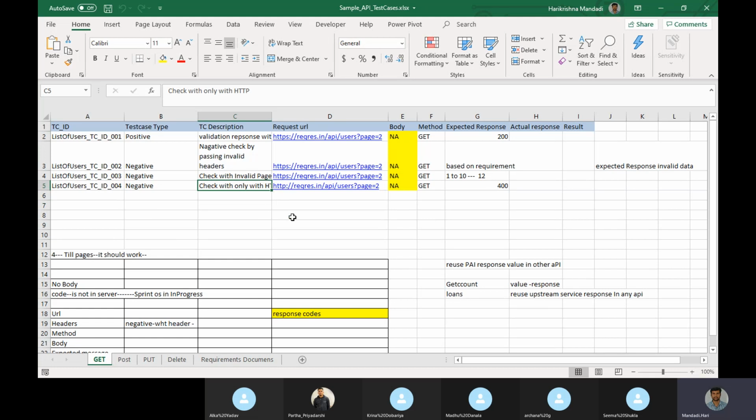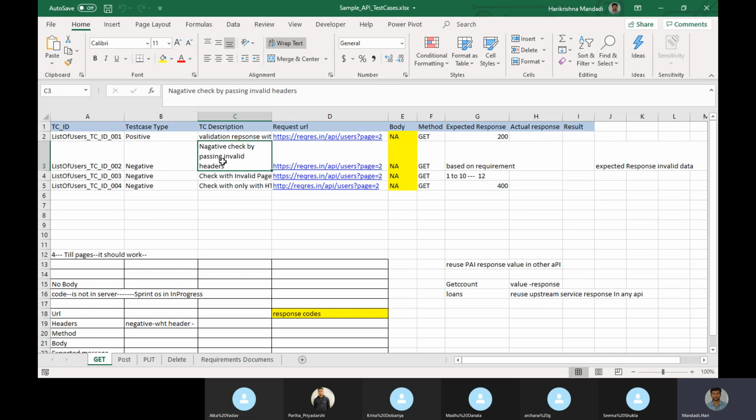So this we are not going to decide, what is going to happen. Based on the requirements we need to write these expected responses. Suppose it's invalid headers, they may say that each header is not validated from the developer side.